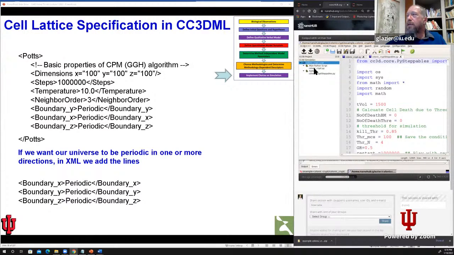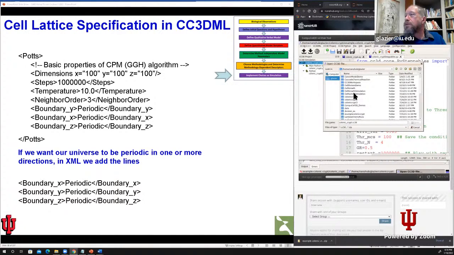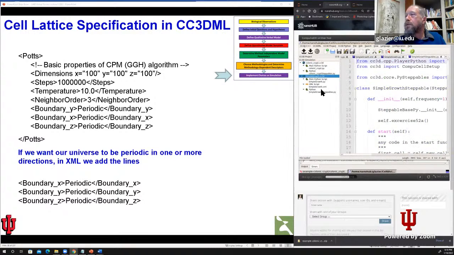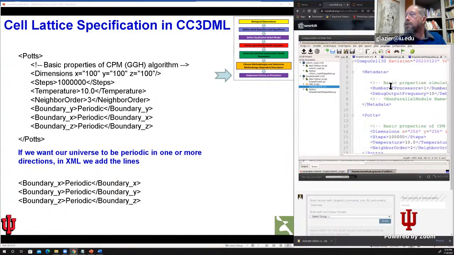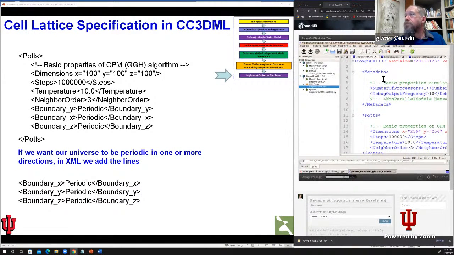If we look at the... bad choice. If we look at the font sizes,